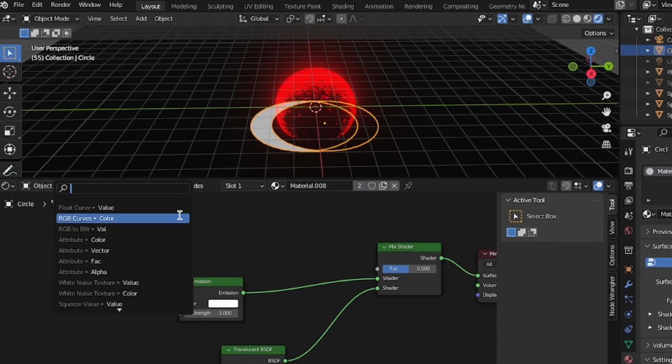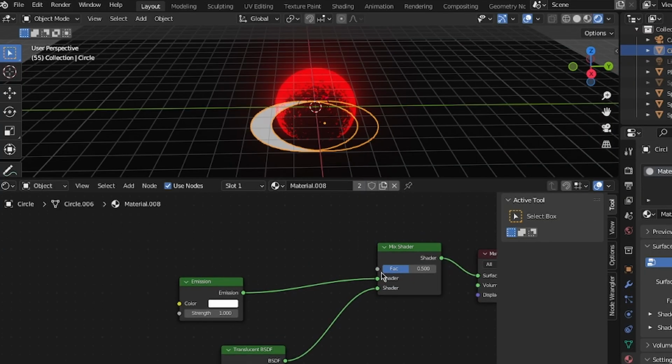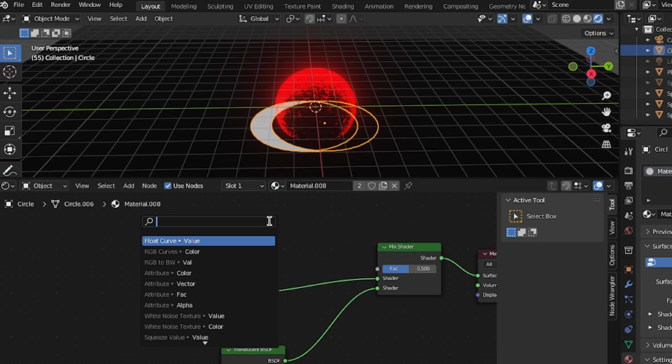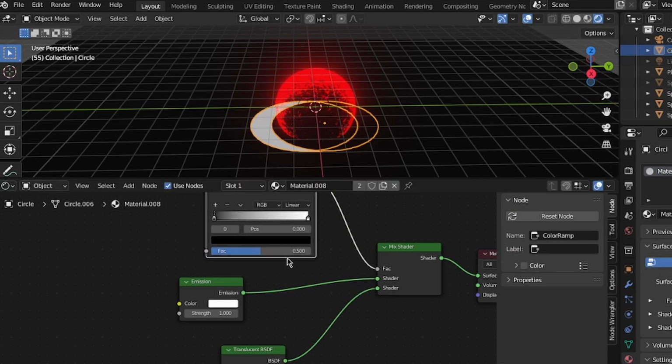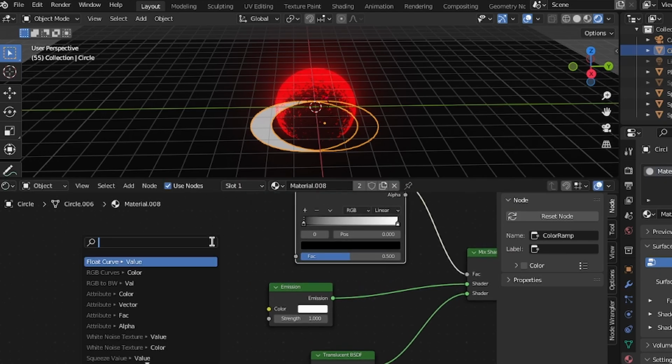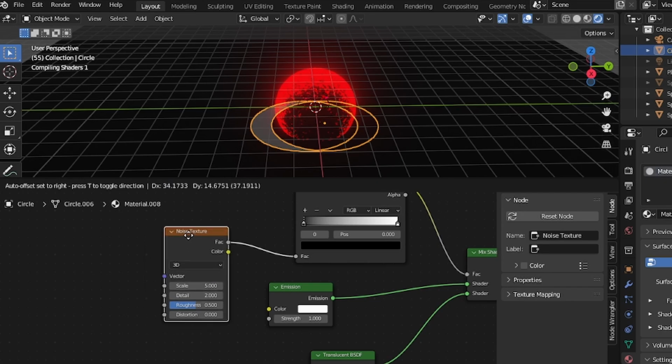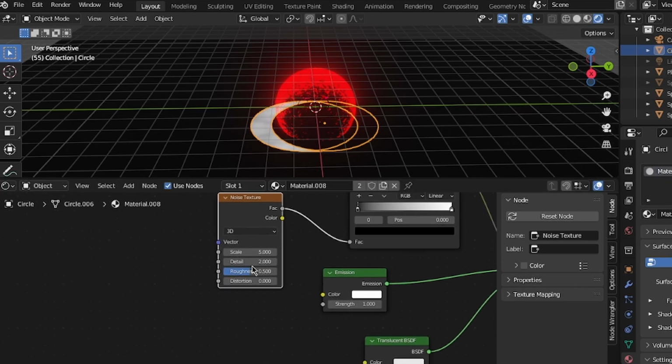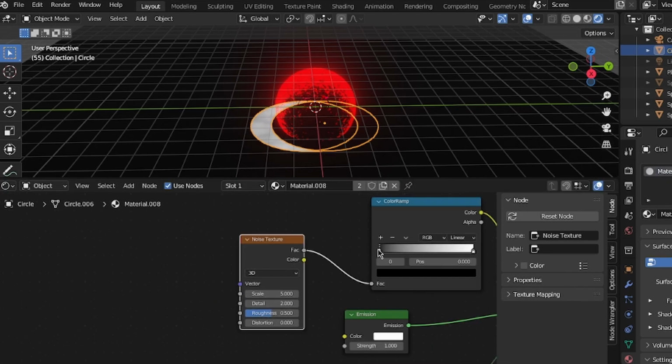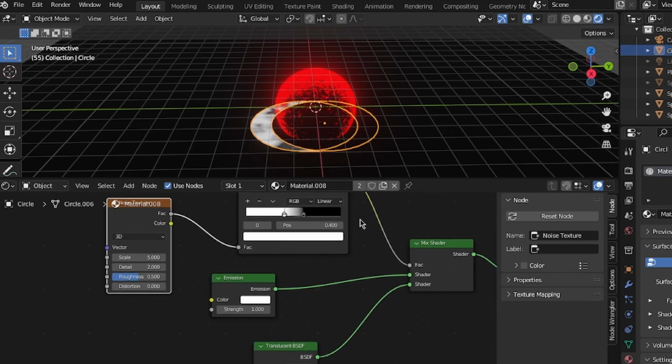Go over here, shift A. No. Go over here. Make a new color ramp. Texture, noise. And then like this. And then